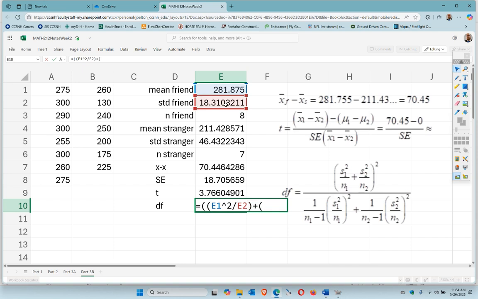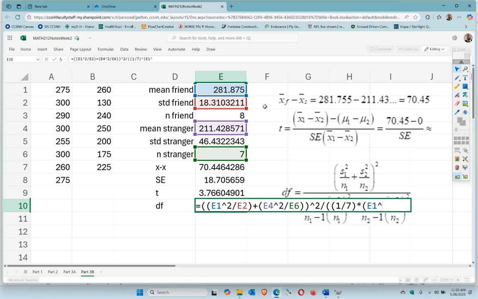Plus the other fraction in the numerator, stranger squared divided by 7. And then close the whole thing and square it, right? So that's my numerator. All right, denominator, so divided by, okay, so the first fraction is 1 divided by 7, right? Because 8 minus 1 is 7, times, right? Then you have the friend squared divided by